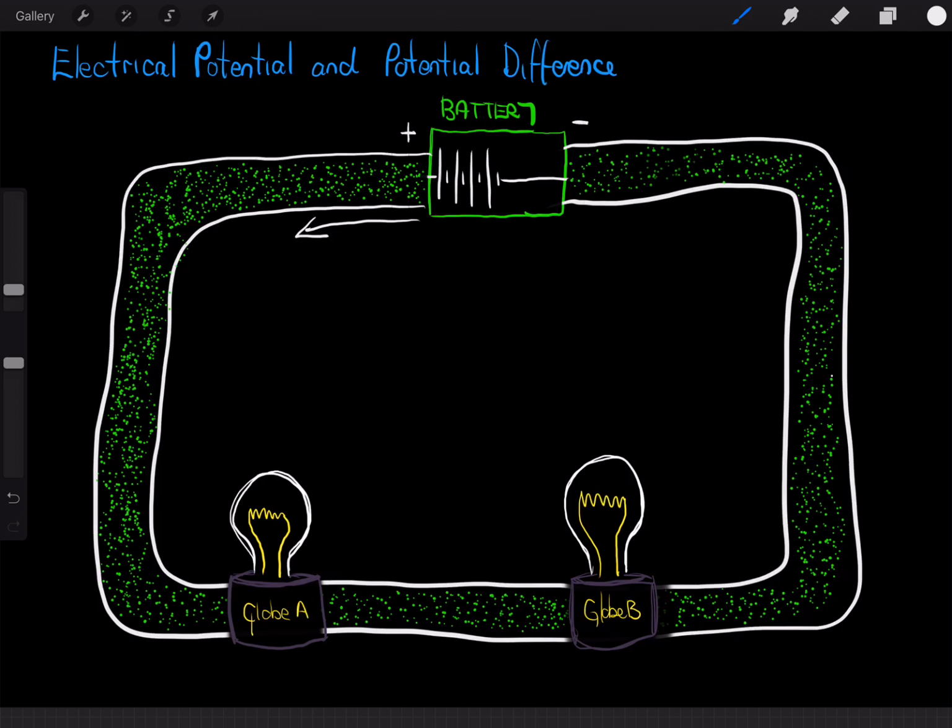We're also going to assume that this is a 9-volt battery. And what that means is that each coulomb of charge that exits our battery, remember, a coulomb of charge, if we're talking about electrons, would be 6.24 times 10 to the power of 18 electrons. Now we're talking about the equivalent positive charges. That's a lot of individual elementary charges, and that coulomb of charge would contain 9 joules of energy. So a 9-volt battery